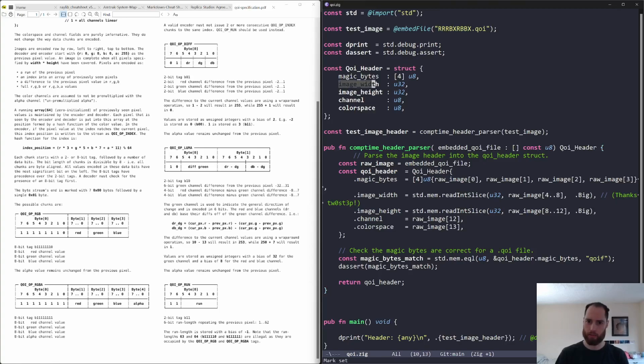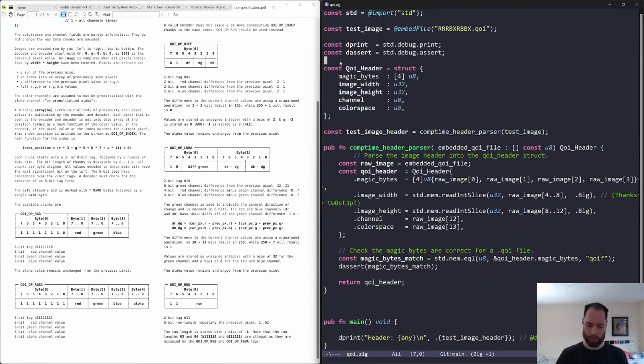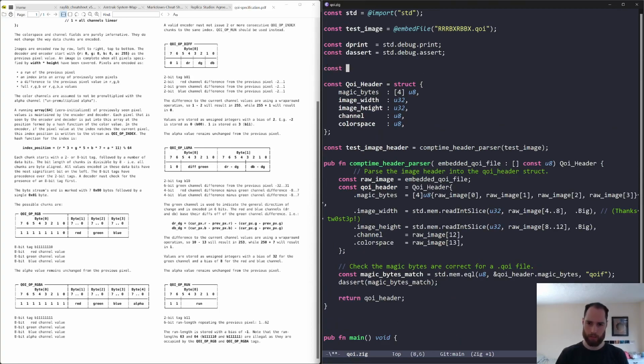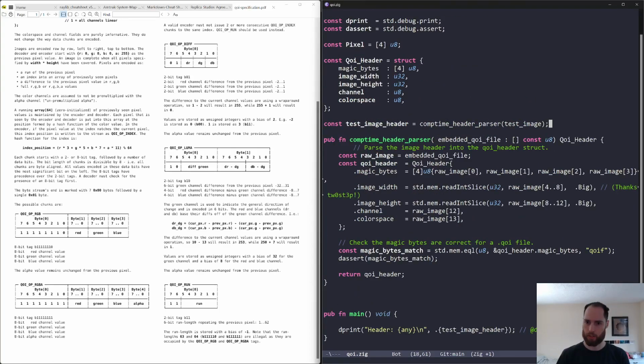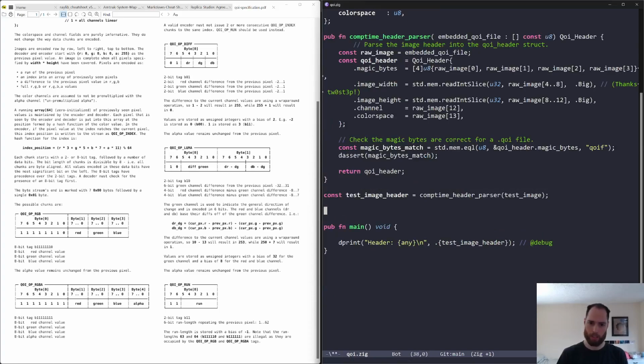We can just select the image width and the image height and make an array of pixels with this. So let's first make a data type for this. So we can just say a pixel is going to equal a fixed array of U8, and then once we've done the parsing into this, it will be better to move this down. Let's just say that the test image